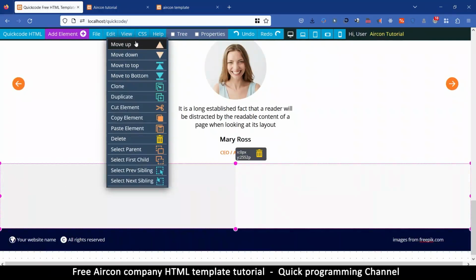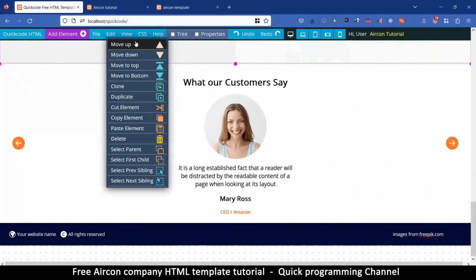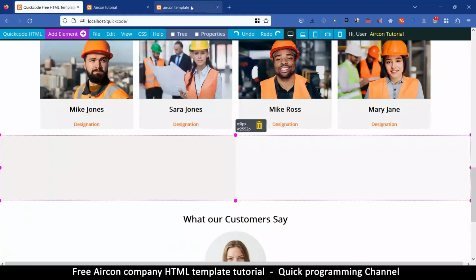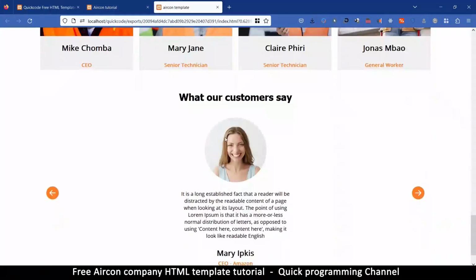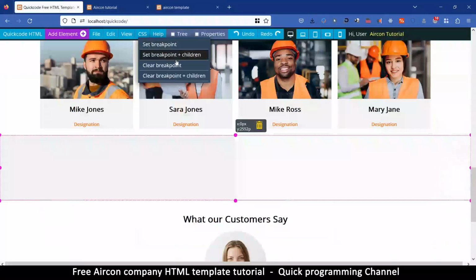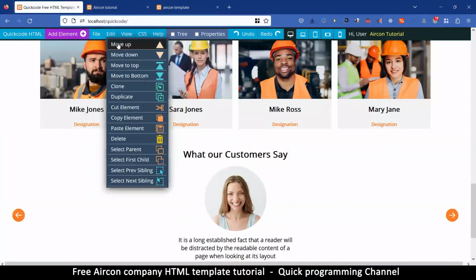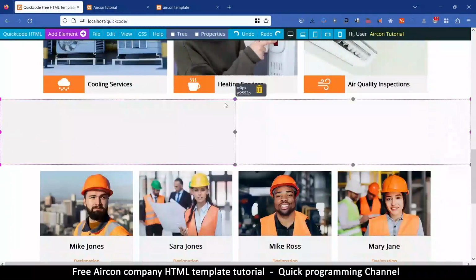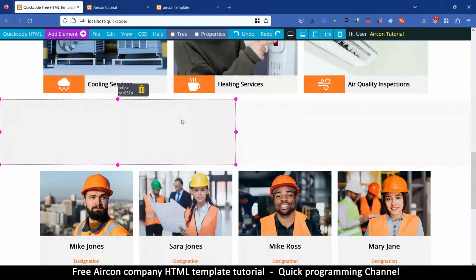up, again up. That should do. Let's see, these two are next to each other, so let's move it up one more time, and it's here. So here is acceptable. So what I would do now is select this and add a background image on this one. But to make things bigger here, what I would do is,